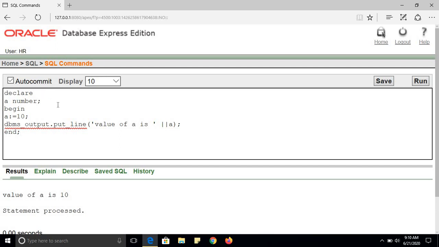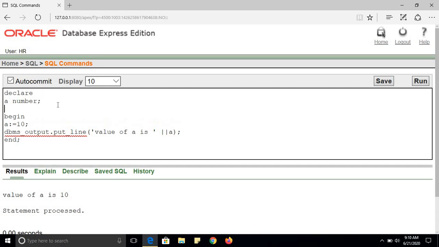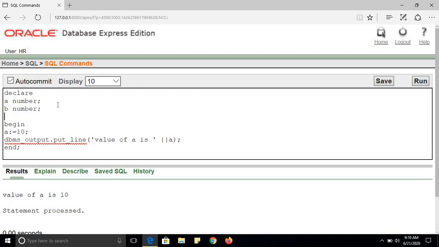So let's move forward. Next program is how to add two numbers using PLSQL. It's very easy. We have to declare A number, B number, and we will declare C number for storing the value.